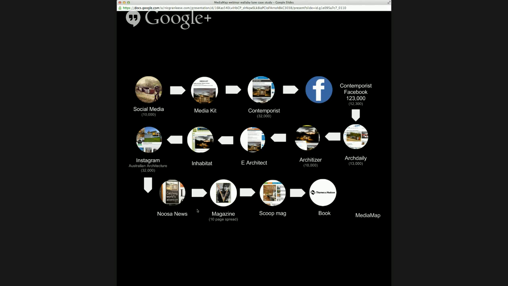And my hypothesis with this whole process is that the project is moving from very fast media to very slow media. So social media is instantaneous. Literally, people can walk down the street and take a photo of a project and it's out into the world. Then it goes through these fast blogs, which are writing articles of maybe one paragraph, which is very small content, but with a few photos.